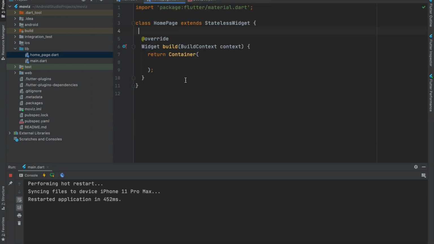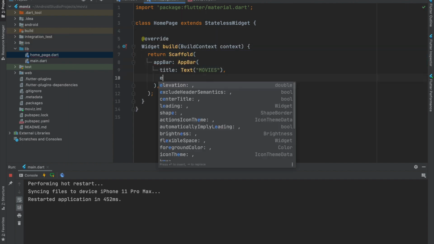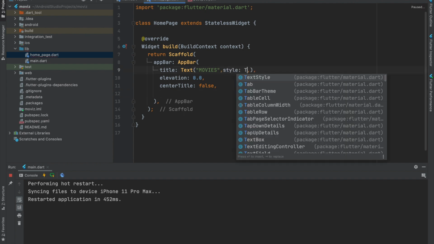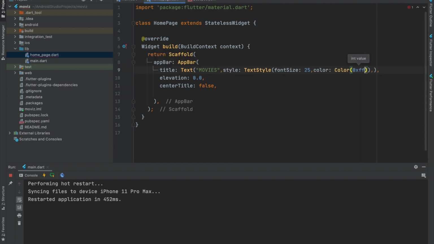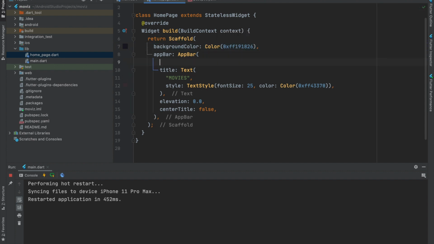Now this stateless widget will return a scaffold. Inside scaffold, I have added an app bar with the title movies, and the title is not aligned to center, so I have given the value false to this parameter, and I have added the background color to the app bar and the scaffold.